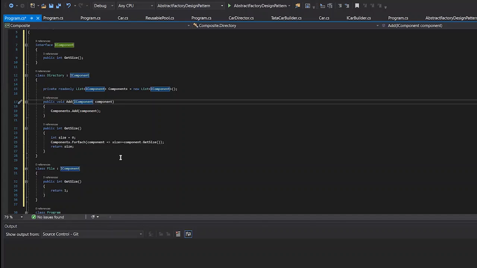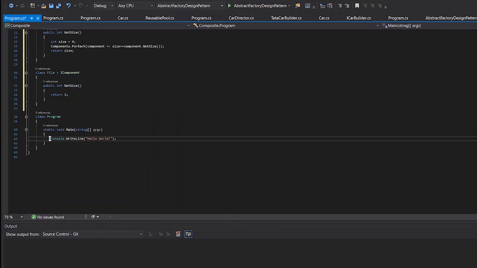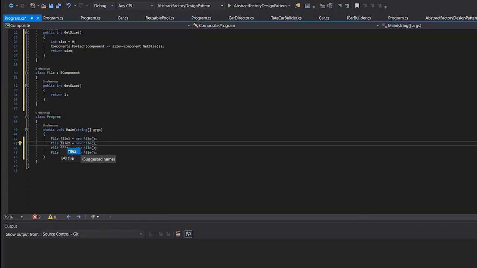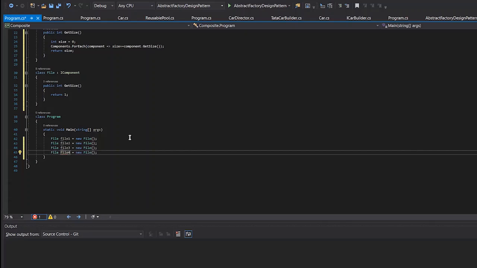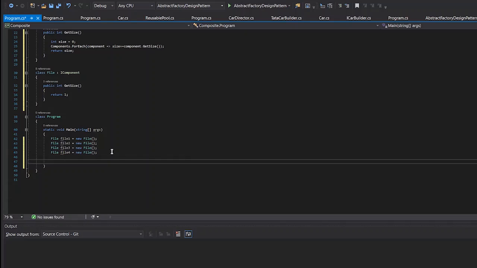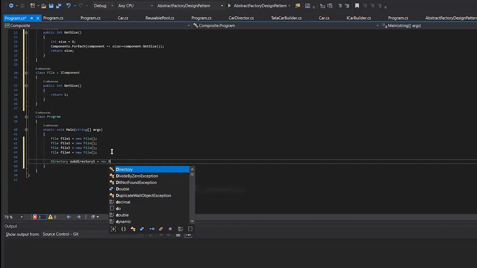So just to quickly test our application, whether it is working fine or not, let's create a few files, a few directories, and implement it. So I'll create one file. So yeah, we have 4 files. I'll create a few subdirectories to show the proper hierarchy. I'll create subdirectory 1 equal to new directory.